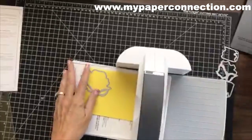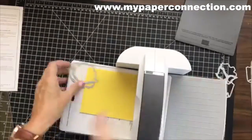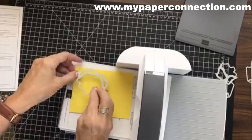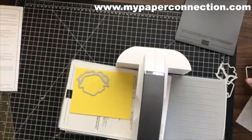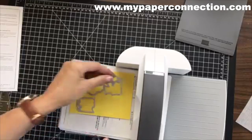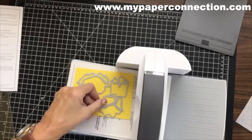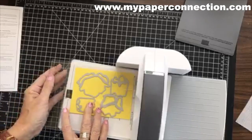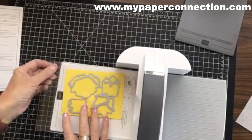I bet you this gray one is for embossing. And I'm going to go ahead and cut out a peony, the priced peony. So I'll just put those in place. I saw my upline, Wendy Cranford, use hers, and it looked like it just cranked so easily. So I'm really excited about it because